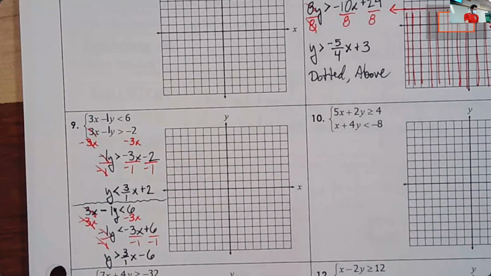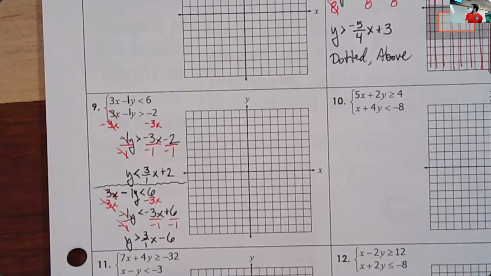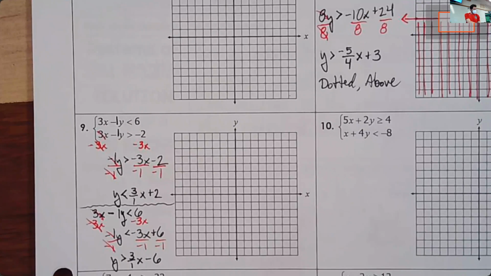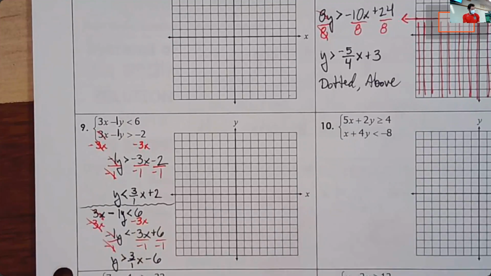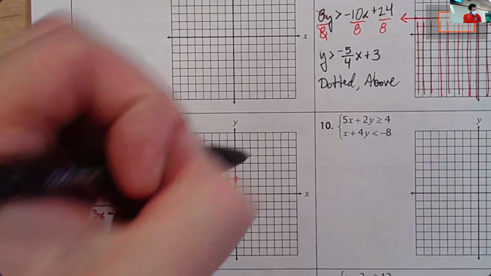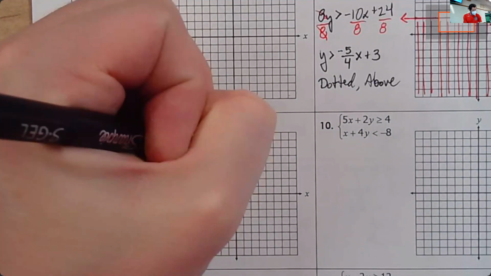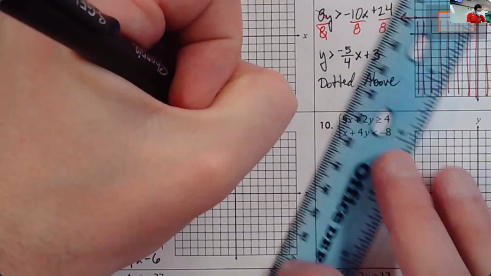What I mean by that is, well, I'll show you. So let's go and get these graphed here. I'm not going to write the solid or dotted or above or below this time. We'll just go ahead and graph them. This first one here, that will be a dotted line, and we're going to shade below. So dotted and below. If you want to write that down, you're welcome to do that. I'm not going to write it down on this one. So we're going to start at +2, y-intercept is 2, and then up 3 over 1, and then up 3 over 1. Just like that, make our dotted line through those points